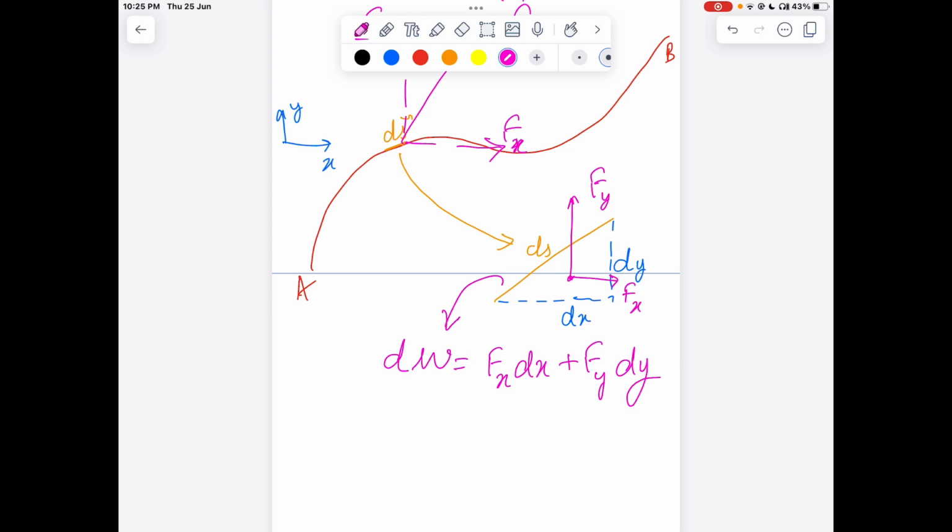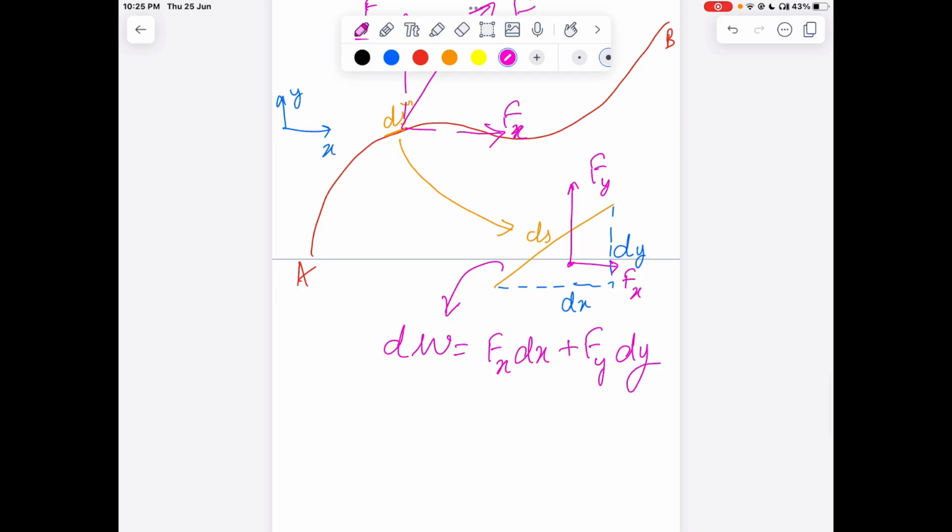It would just be a scalar sum of the work done in the x and the y direction, right? So therefore, again, you would integrate that and you would get Fx dx plus Fy dy